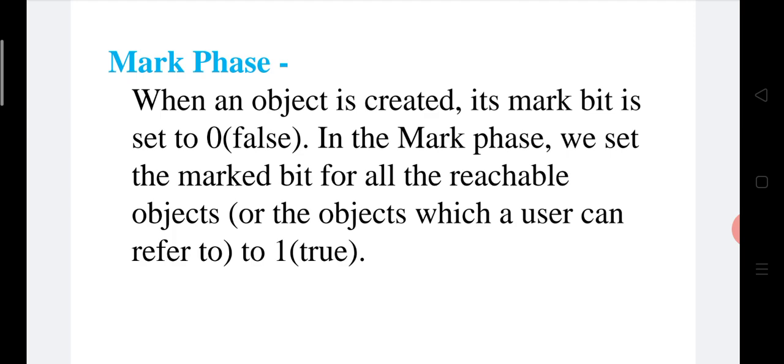Here we can consider every object as a node, and then all the nodes or objects that are reachable from this node or object are visited, and it goes on till we have visited all the reachable nodes or objects. Now here root is the variable that refers to an object and is directly accessible by the local variable. We will assume that we have one root only. We can access the mark bit of an object by marked bit in bracket object.